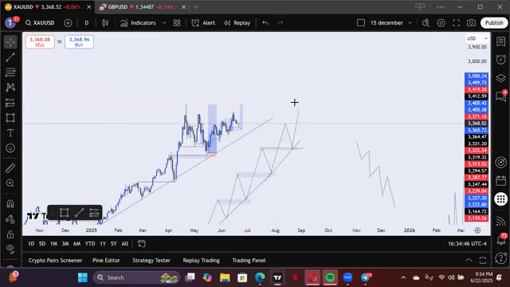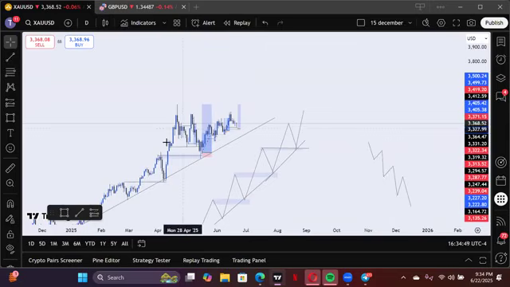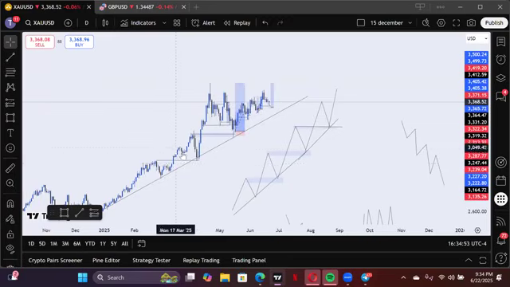Means entry. The first one is very clear, the first one is still valid. Something like this happening, after this, price gives another break of structure. Eventually, the main zone will still get respected. Same thing as this. It left the breaker block,